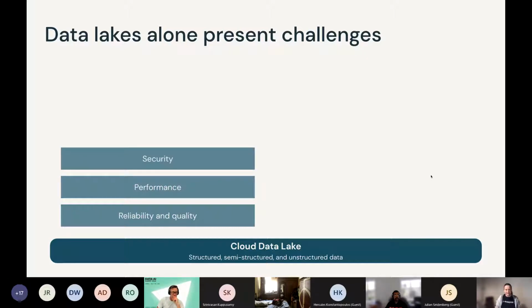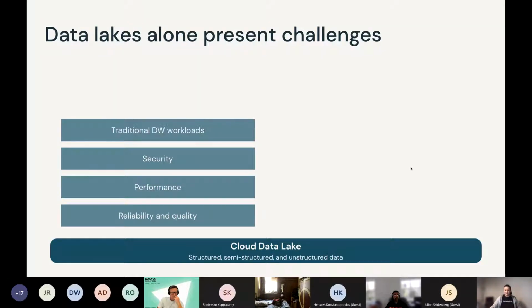But let's say you put lots of work into it and your performance is workable. Even then, security might be a problem, because again, we're talking about the cloud level, on the data security. Usually it's often all or nothing. You grant access by S3 bucket or some storage account. You might try to split your data so different teams have access just to a specific storage account. It does get really complicated.